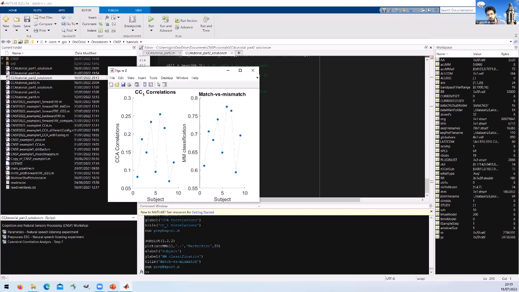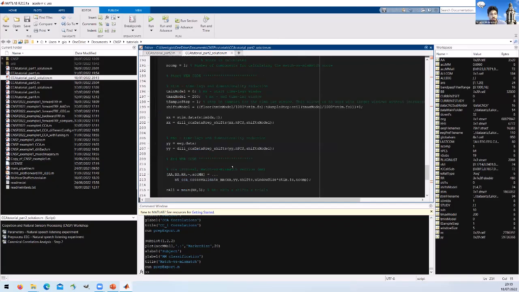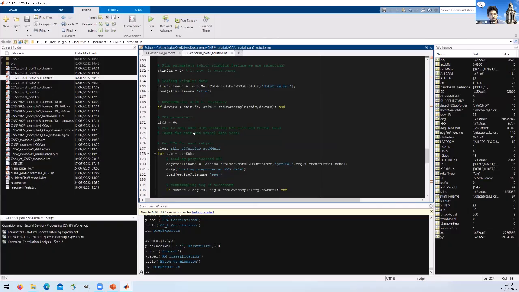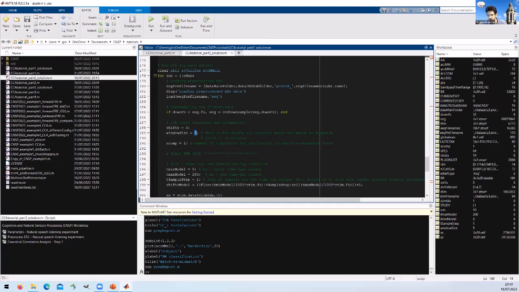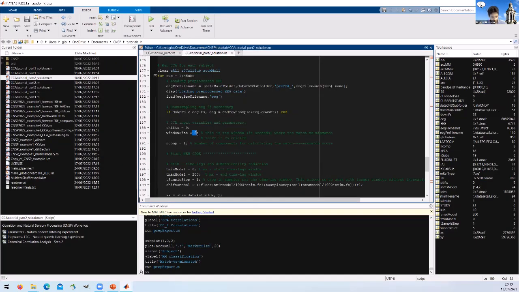So this is actually the plot from before. You get the correlation for the first component, and you get the match versus mismatch, in this case based on a window of 5 seconds, not 30. So with a window of 5 seconds, you get a match versus mismatch accuracy of 70%. If you increase this window to 30 seconds,